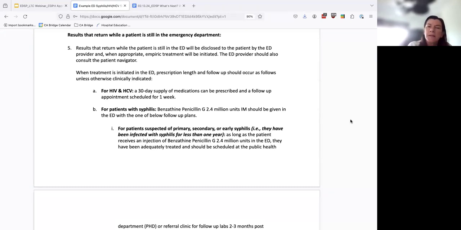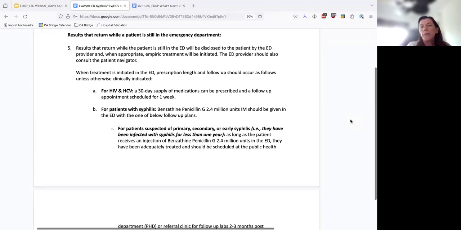When the treatment is initiated in the emergency department, we just followed through here with some recommended lengths of prescriptions. Sort of the ideal length, because that would ensure that when patients do follow up for their ongoing care, they'll have enough medication to get them through until, for the purpose of HIV, they get put on ADAP, whatever needs to happen so that their insurance can kick in and start taking over their prescription. So for HIV and hepatitis C, the recommended duration would be a 30-day supply of medications,